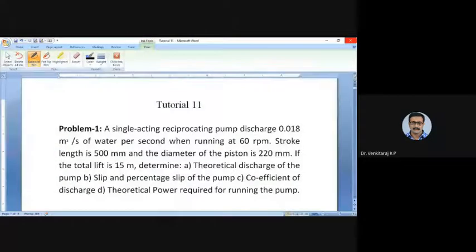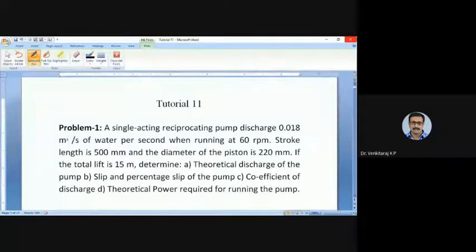So today we will attempt a few numerical problems on reciprocating pump. So the first problem: a single acting reciprocating pump discharge